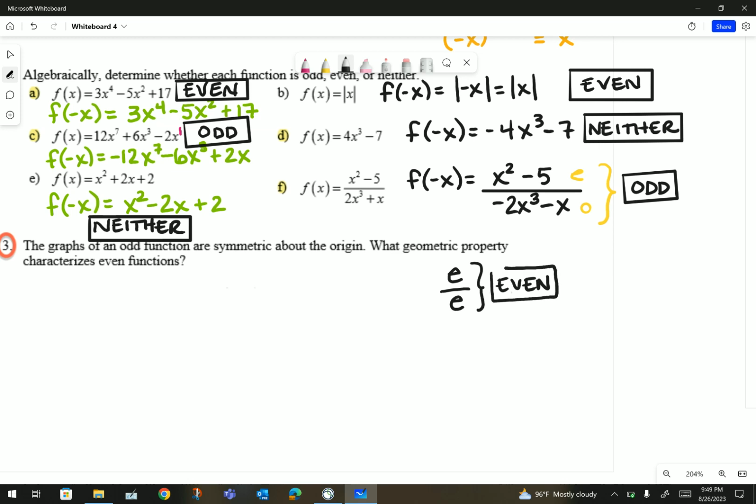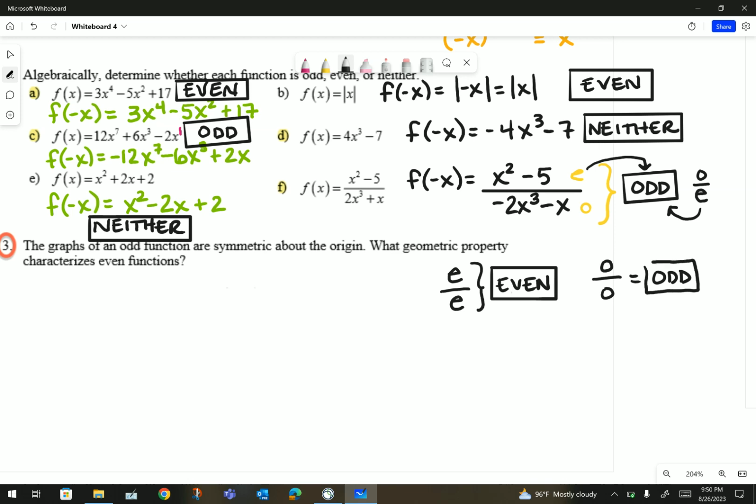If you end up with odd over even, so I'm going to put over here O over E, it's always going to be odd, okay? So E over O or O over E will always be odd, always, always odd. Also, if you end up with odd over odd, that also would be odd,